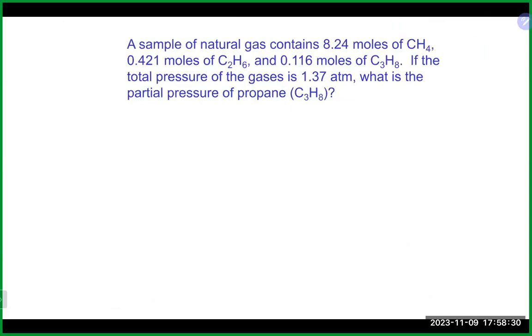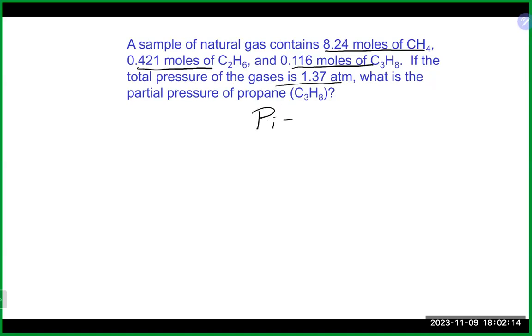We have a sample of natural gas that is 8.24 moles of methane, 0.421 moles of ethane, and 0.116 moles of propane. The total pressure is 1.37 atmospheres. Okay, so let's take a look at this one. In this case, we definitely have moles of everybody in this mixture. And we do have a total pressure, but we really have no other information about volumes or temperatures or anything like that. So this is a situation where we really can't use the ideal gas law that easily,